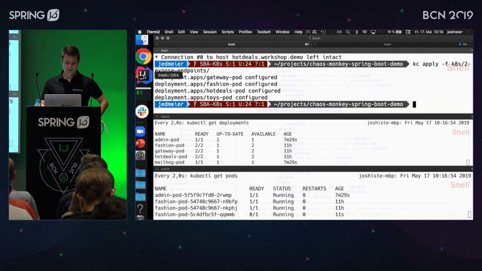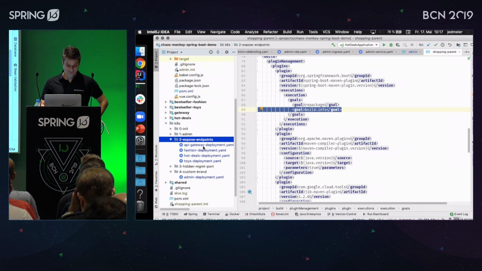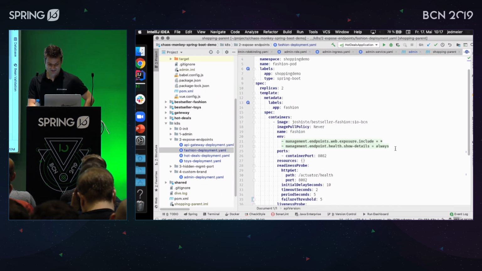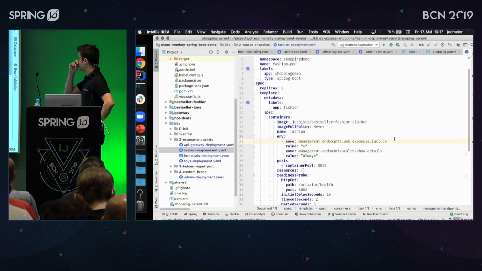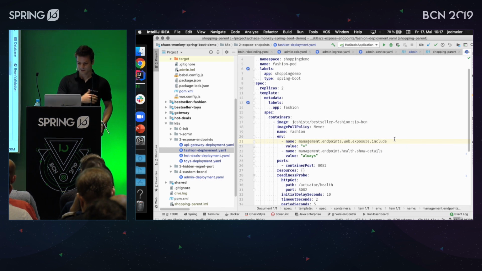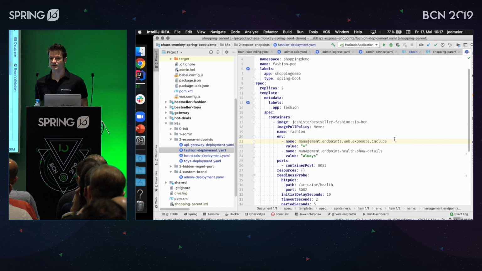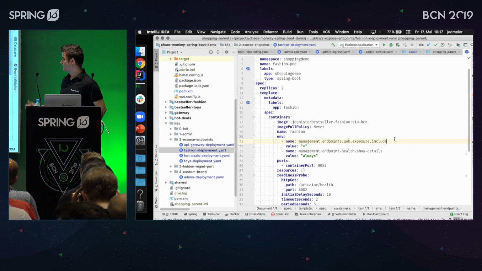So you just need to expose the endpoints, and as promised, I won't touch the applications, so I just set an environment variable with Kubernetes to do that. So it's the exposure include. With a star, I just expose all of the endpoints. If you don't want that, list them here, so you can exclude some of the endpoints. Spring Boot admin will just hide the view for that endpoints. It will not lead to any errors,